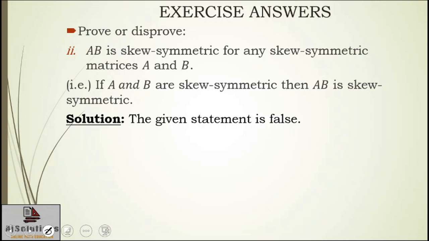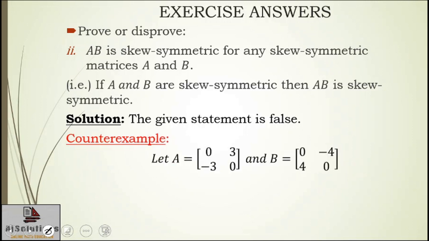And what will be the counter example? You will produce two matrices A and B such that they are skew symmetric, but the product AB is not skew symmetric. So let's take two skew symmetric matrices. So here are two skew symmetric matrices. These two are skew symmetric because you can see on the diagonal we have 0. We can have just 0 on the diagonal of a skew symmetric matrix, and cross diagonal elements have to be negative of each other. You can see the cross diagonal elements are negative of each other.